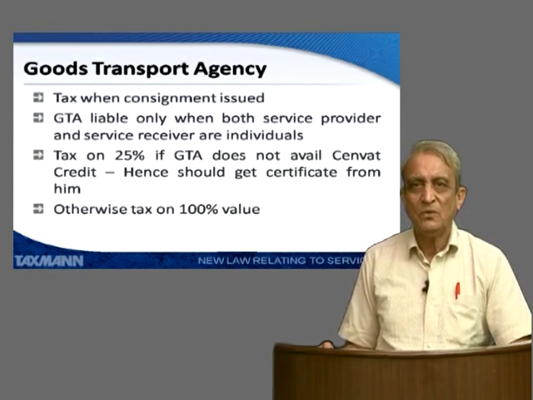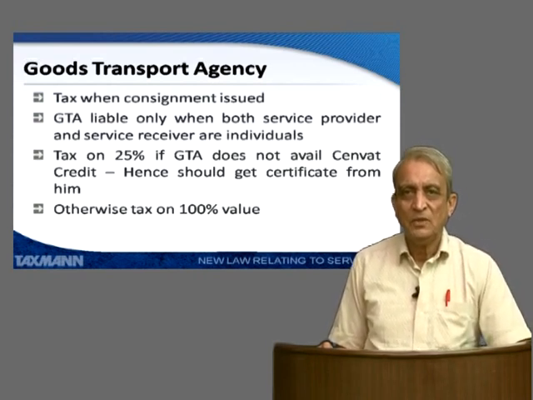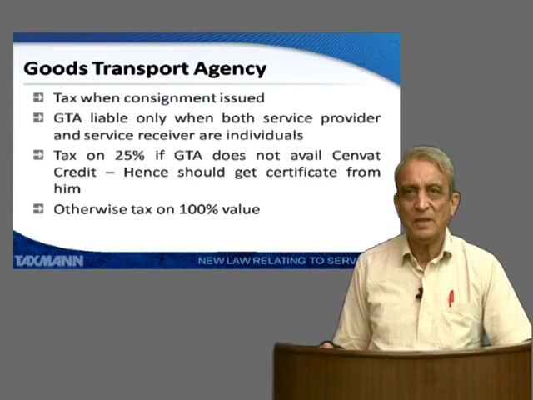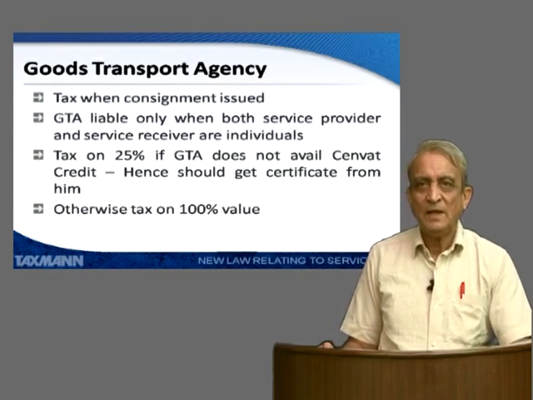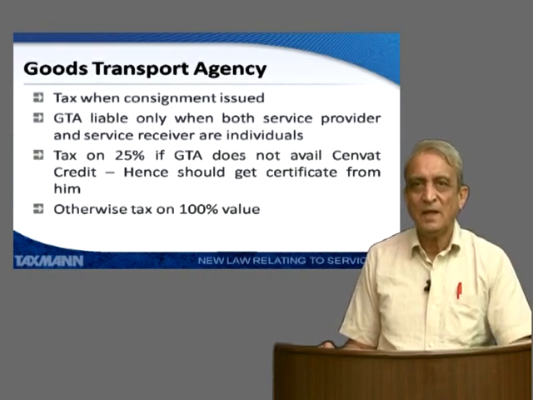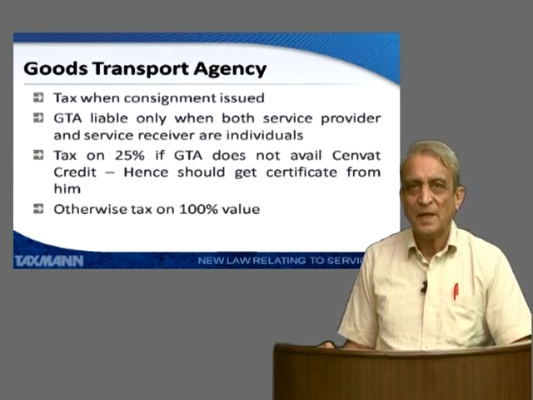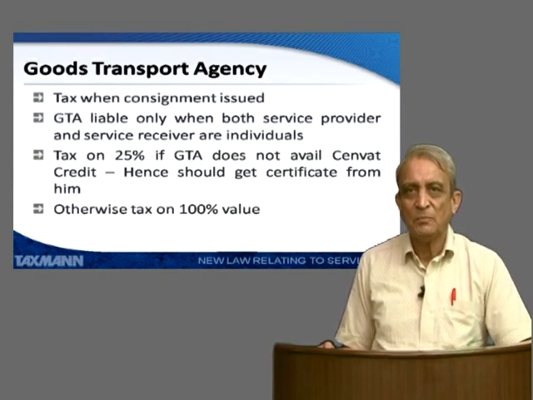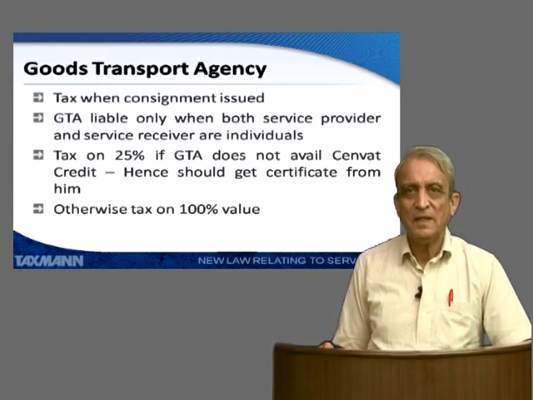If you fail to obtain such a certificate, you may be liable to pay service tax on the entire 100% of the amount. In fact, this condition was there up to 2008, but was removed in 2008 due to impracticability of this provision. But now this has been reintroduced with effect from 1st July